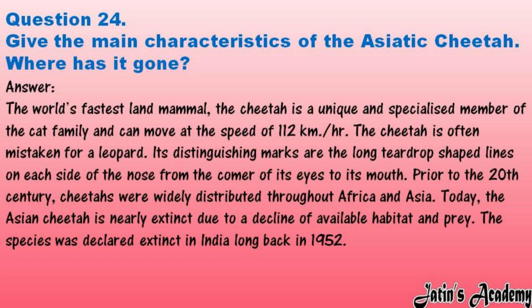Where has it gone? Answer. The world's fastest land mammal, the cheetah, is a unique and specialized member of the cat family and can move at the speed of 112 km/h. The cheetah is often mistaken for a leopard. Its distinguishing marks are the long teardrop-shaped lines on each side of the nose from the corner of its eyes